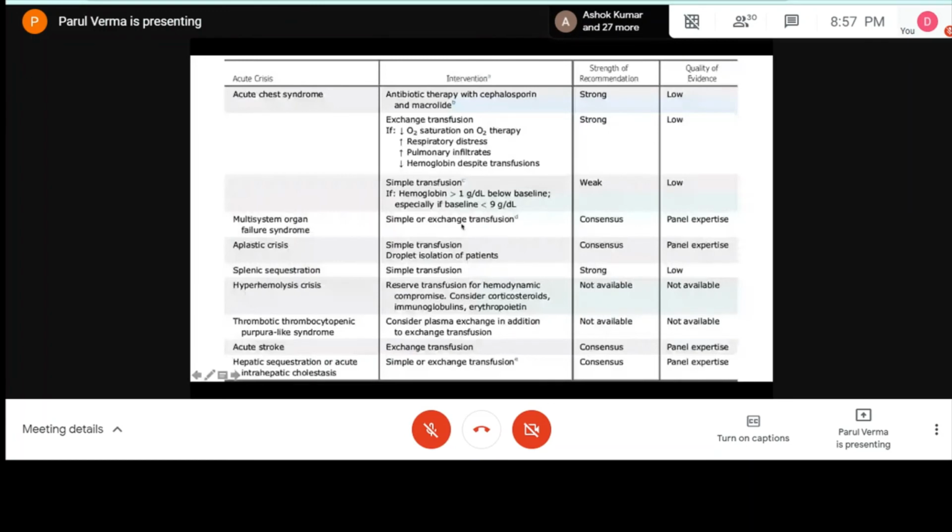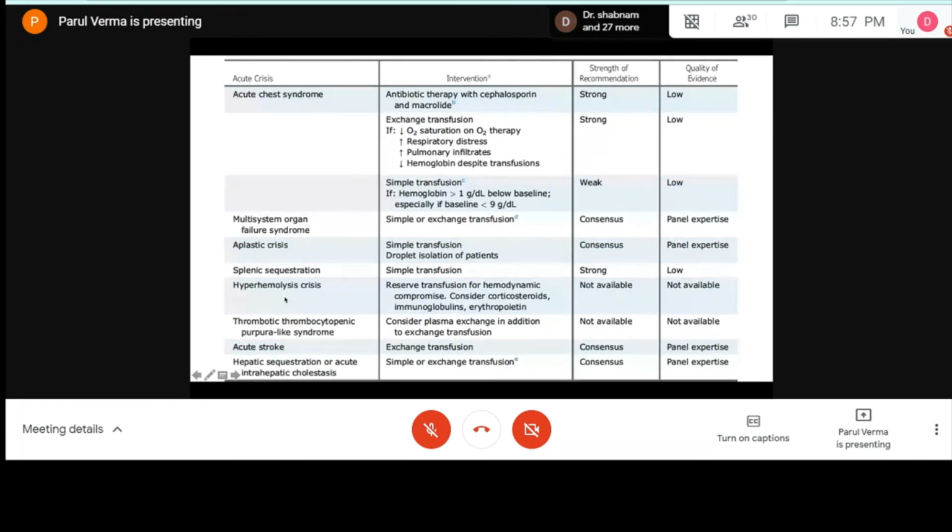There is hyperhemolytic crisis. Now, this happens after they develop transfusion reaction. So if they are transfused RBC, they develop alloantibody mediated hemolysis, then this would lead to a hyperhemolytic crisis. And as for autoimmune hemolytic anemia, they would need steroids, IVIG, for management of hyperhemolytic crisis.